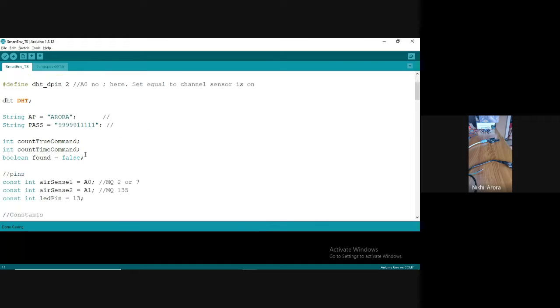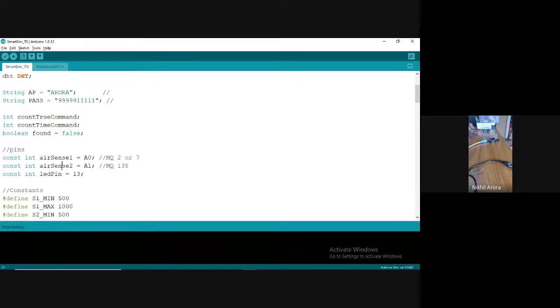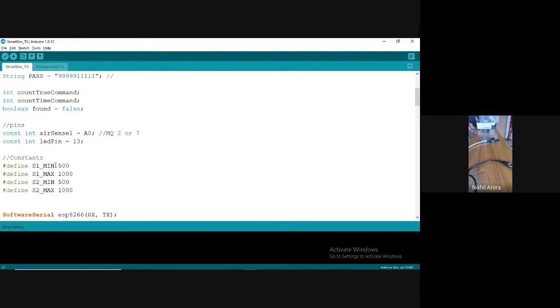And then what we'll do here is, this is the access point and password. Air sensor 2 is not required, I'll remove it. Only sensor 1 is enough. This also I'll just remove. Software serial is a very important object. I'm creating one object called ESP8266, one more serial port.